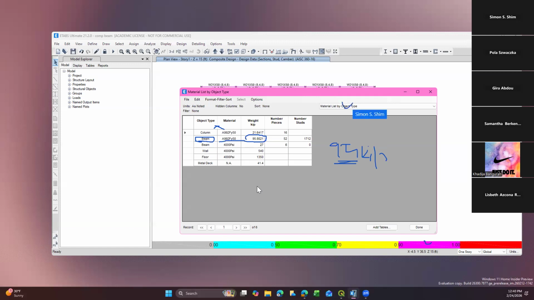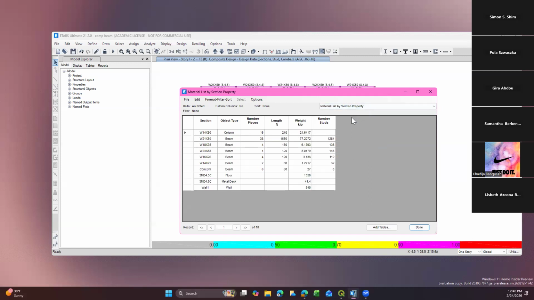If you check this pull-down menu, there's a section based upon section profile. It gives you the material quantity, number of pieces, length, and weight. So obviously, when you sum up all these steel beams, this is I think 97 kips of steel tonnage. So you need it. I'm sure all of you are learning some material takeoff, maybe in a cost estimation class. You can put it